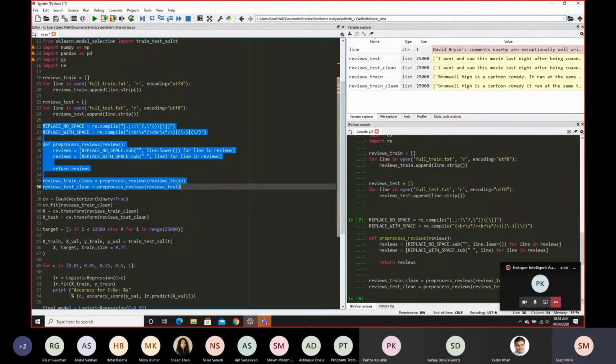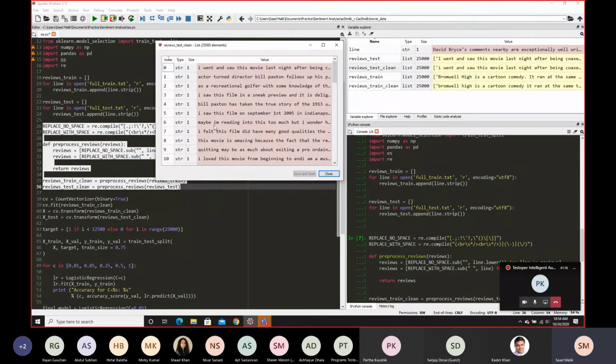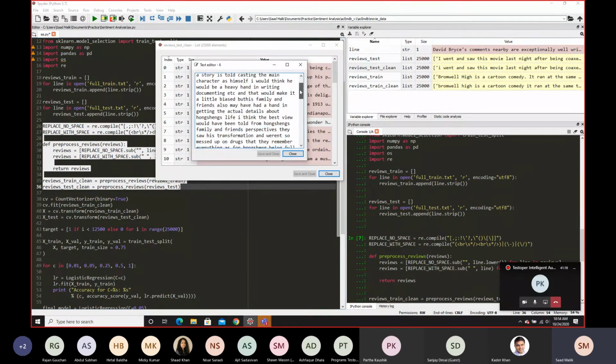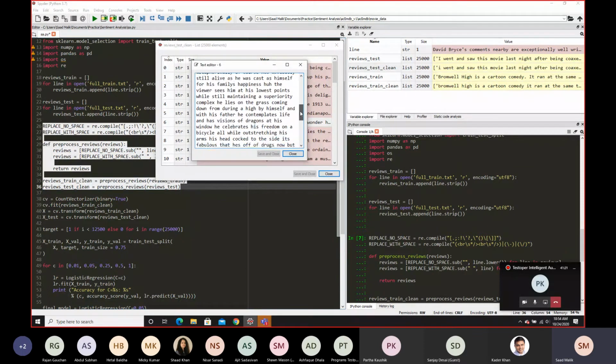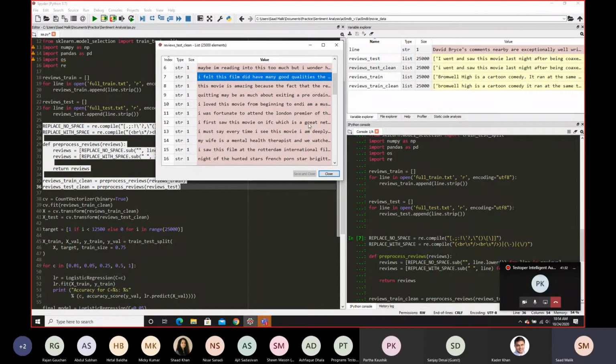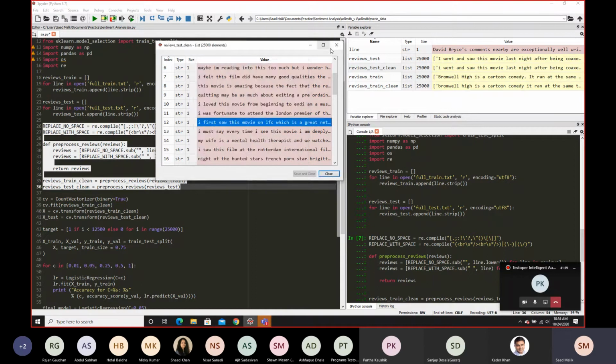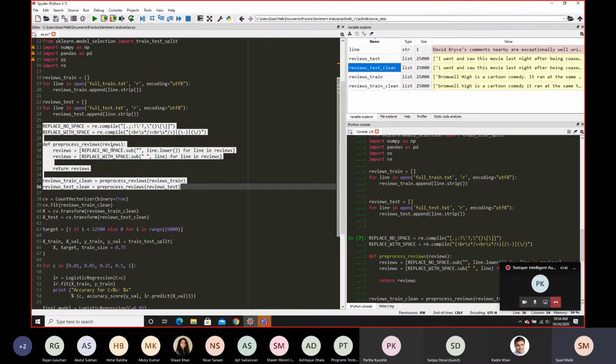This might take some time. So now let's look at one of the cleaned lists. So now you can see the text is all lower, and all the special characters, if they were there, they're all gone, right? So this makes it a lot easier for us to extract information from the text. And because it's easier for us to extract information from it, it's easier for us to tell the computer what to do with it.